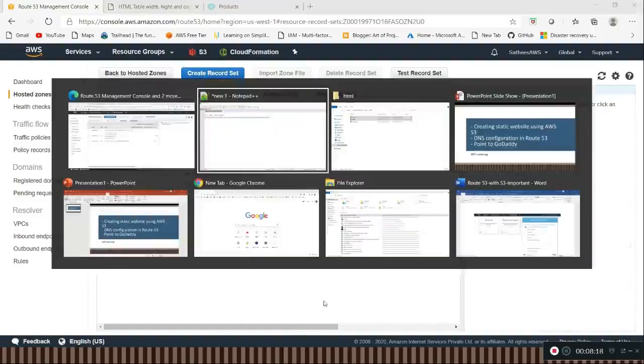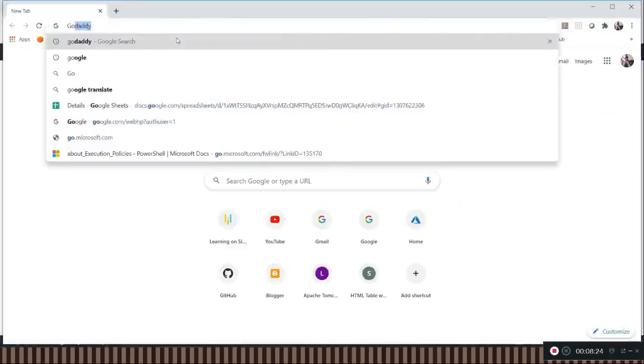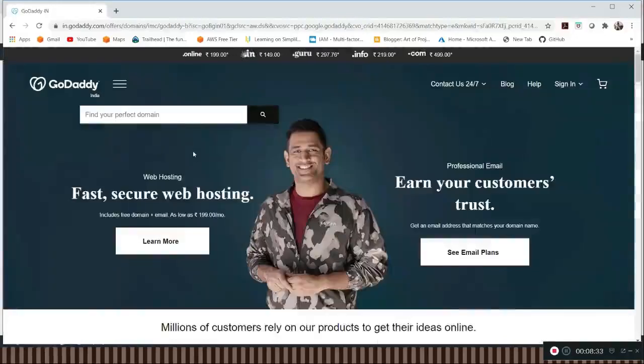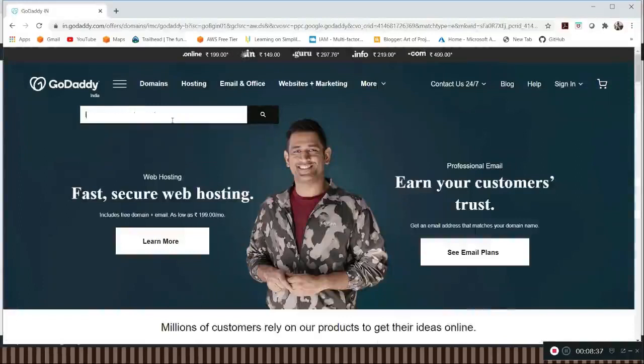Now we will go to GoDaddy. I will explain how to get a GoDaddy domain. It will cost 500 to 1000 rupees. So I am just searching learn AWS cloud.